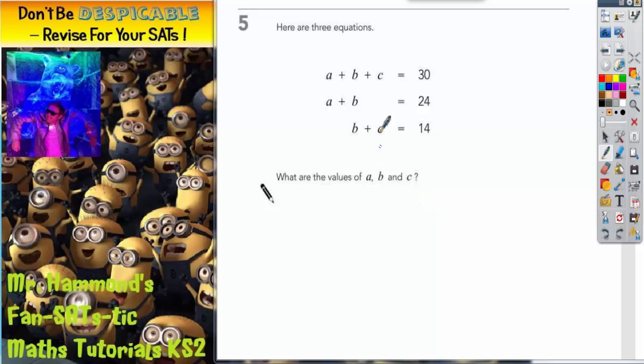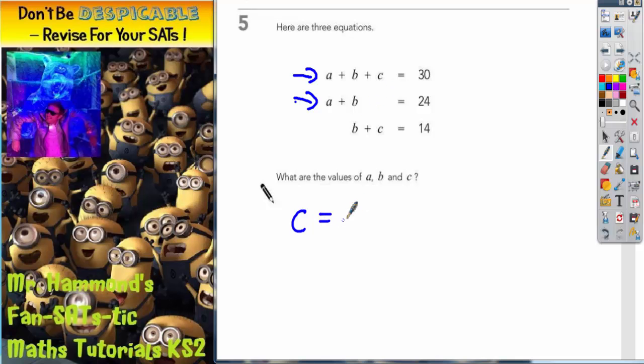Well, the trick to this one is actually working out c first. If we look at the middle statement, we know that a plus b equals 24. But if we compare this to the top statement, the only difference between the middle and top statements is that c is added on extra in the top statement. So if a plus b equals 24, and you then add on c to get 30, then c must equal